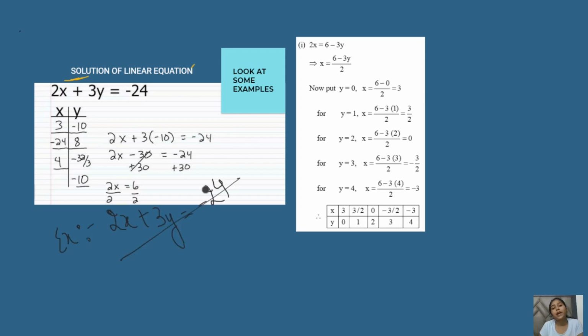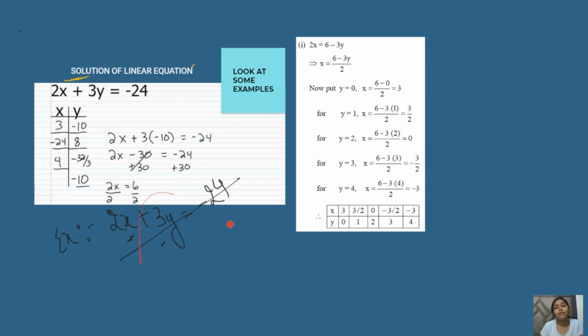So how do you find the solution of a particular linear equation? As you can easily see, two variables are present, and this is already a standard form. So what we can do is imagine a value of one of the variables and put it in the equation and find the value of the other variable, right? We imagine a certain value of x, put it in the given equation, then find the value of y and take it as the solution.